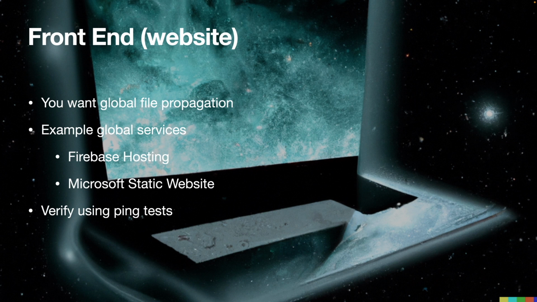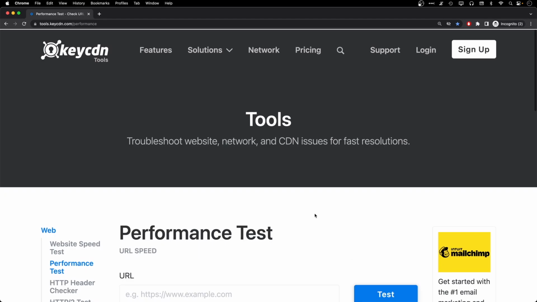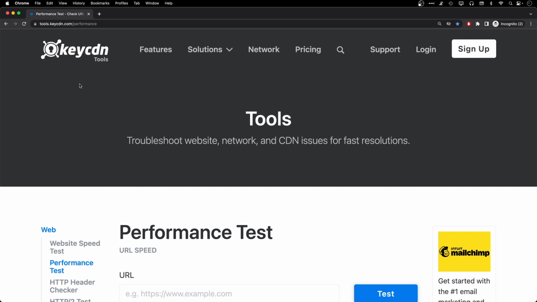Some examples of these global services that host and propagate your files globally would be Firebase Hosting, I know does it. Microsoft Static Websites do it, and that is in the Azure platform. And then, like I said, we need to verify this using a ping test, and I'll demonstrate that for you right now. Now, the tool I like to use is called KeyCDN, and the website is